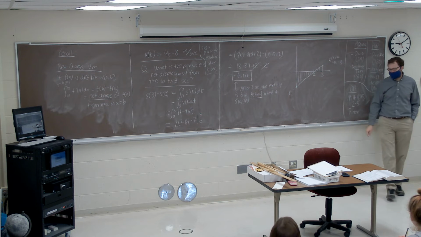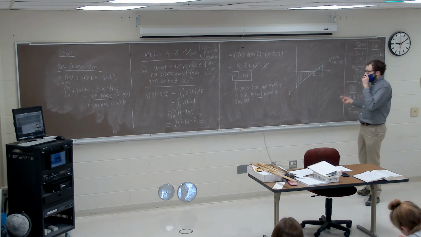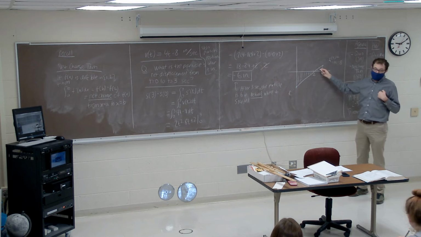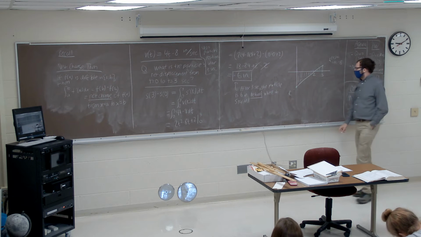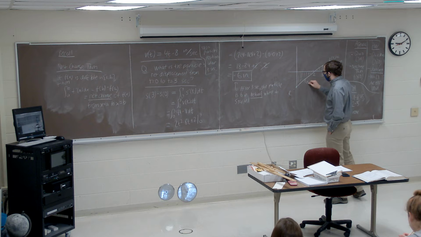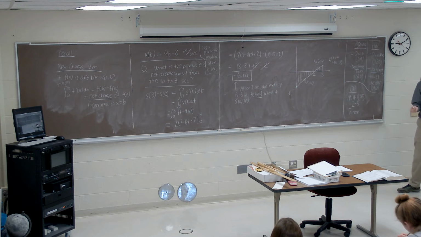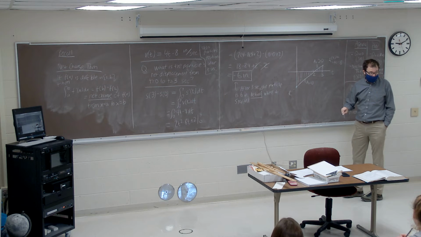So in other words, the fact that our answer came out to a negative number meant that when we integrated v of t from 0 to 3, we had more negative area beneath the x-axis than we did positive area above the x-axis. I call this area A1, which was treated as being negative, and this one I'll call A2, which was our positive area because it was above the x-axis. Excuse me, the t-axis.